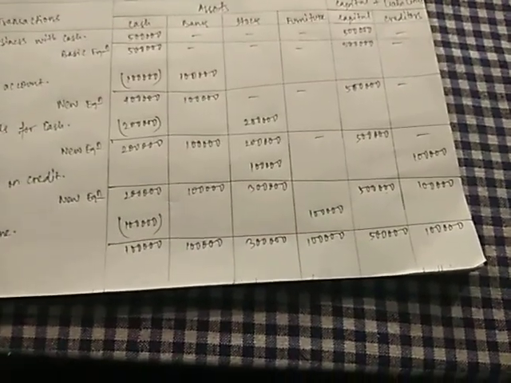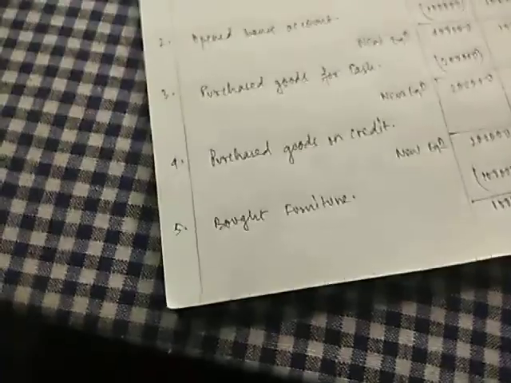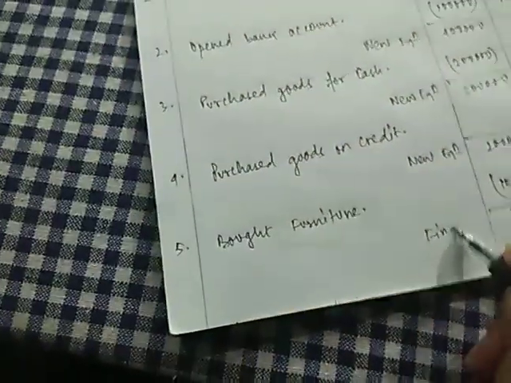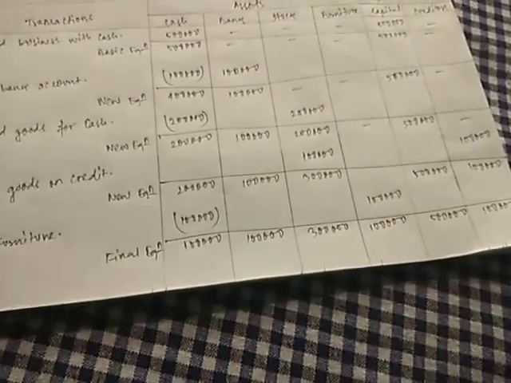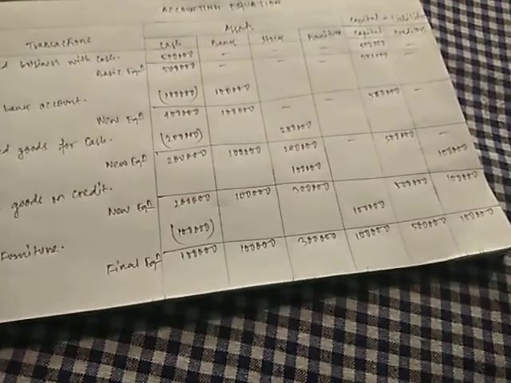So now check the balances on both the sides. On the asset side, 1 plus 1 is 2, plus 3 is 5, and plus 1 is 6. And on the capital and liability side, capital plus creditors is 5 lakh plus 1 lakh, that is 6 lakh again. This time we will not write new equation, but we will be writing the final equation because the question has ended here. So this is our final equation, and the equation is matching on both the sides. So in this way you need to prepare an accounting equation.